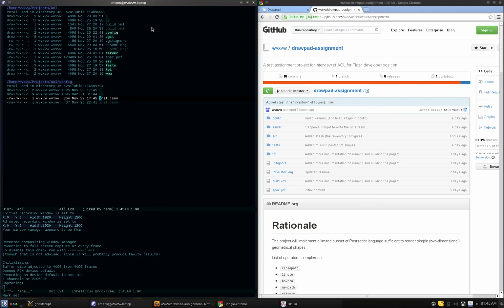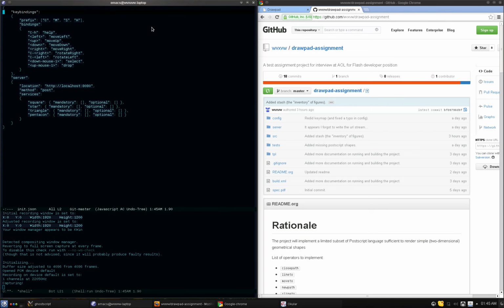Next, config. This is not the build configuration. This is the configuration of the program after it's been compiled. Let's just take a quick peek. Key bindings. Key bindings follow the Emacs traditional scheme of naming the bindings. Unless you are familiar with it,